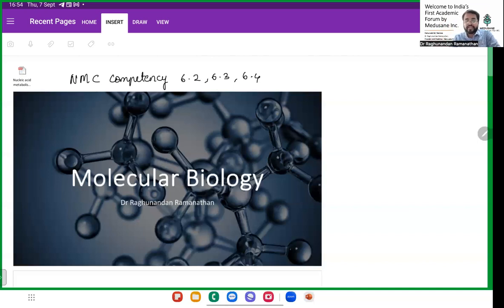You have different regulation mechanisms for your purine synthesis. I already told you, you have a rate limiting enzyme. What is a rate limiting enzyme? The step that takes the longest time for an enzyme to convert one product to another is called the rate limiting step, and that enzyme is called the rate limiting enzyme. So which is the rate limiting enzyme of purine synthesis? That is going to be your 5-phosphoribosyl pyrophosphate glutamyl aminotransferase, PRPP glutamyl aminotransferase. When PRPP is more, it is going to increase the synthesis. When there is AMP, GMP, IMP, that is going to decrease the synthesis,